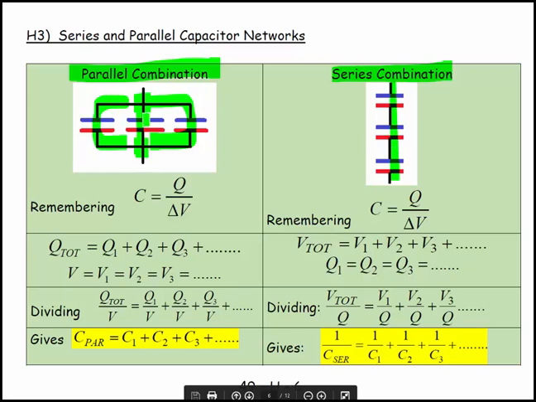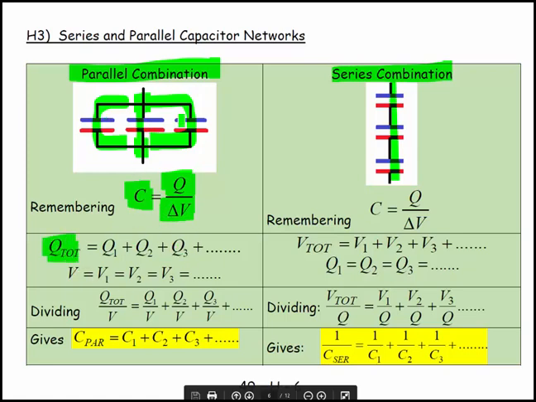When you take three capacitors and you connect them in parallel, you'll get a different overall capacitance than if you connect the three of them in series. It matters. And the question is, we'd like to work out the equations that figure out what the value would be. Well, if we remember that our capacitance is equal to the charge per potential difference, voltage potential difference,